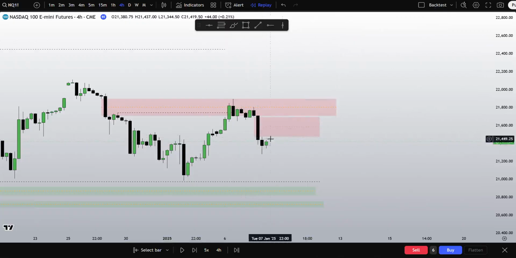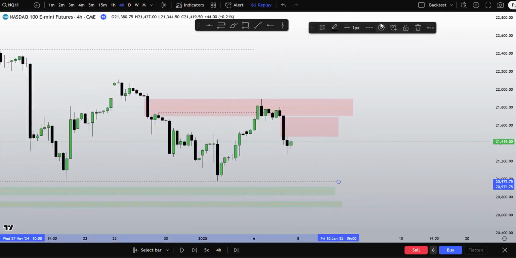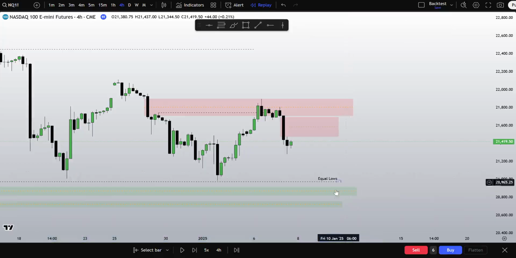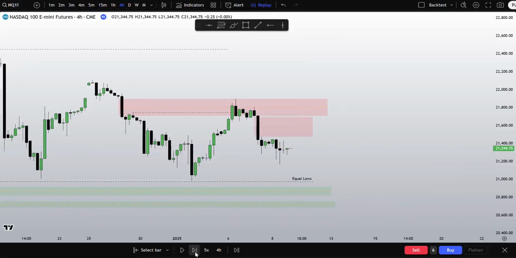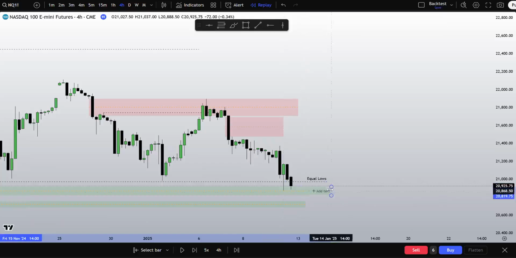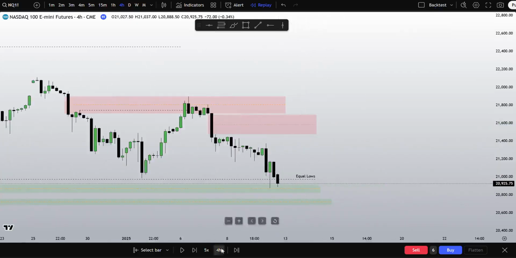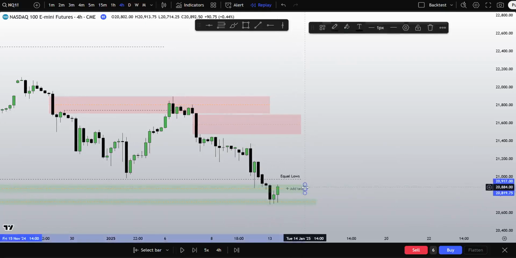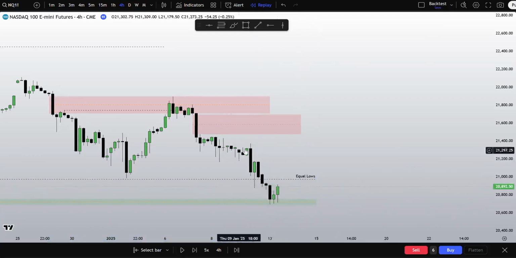I would like to see if we do retest it here, and then potentially head to these equal lows. Hold on, equal lows right here. So that's where my eyes are. I'd like to see 20,972. Now we are 500 points away from it, but that's where my eyes are. And there we go, equal lows tapped into. And then the imbalance right here, getting dug into, failed reversal, comes right back to head lower. We may see this imbalance as well, but we just did take equal lows, got that second imbalance. So there we go, and then we would adjust accordingly once more.